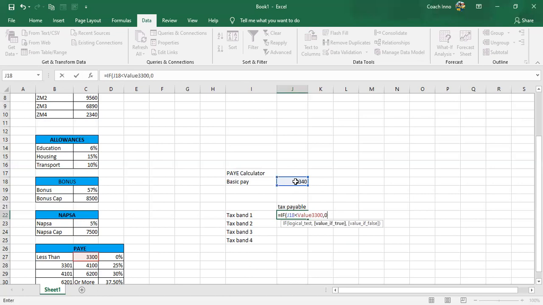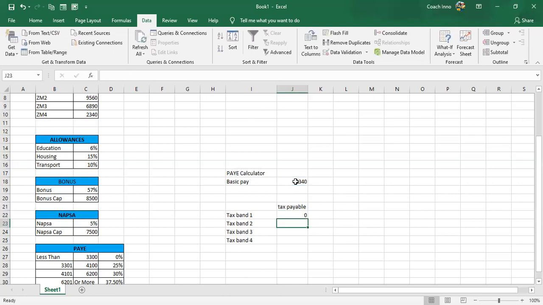Okay, then close bracket. So he said if your value here is less than 3, to automatically give you a 0. But if your value is more than, it will give you false. But we don't want this false. So we come here